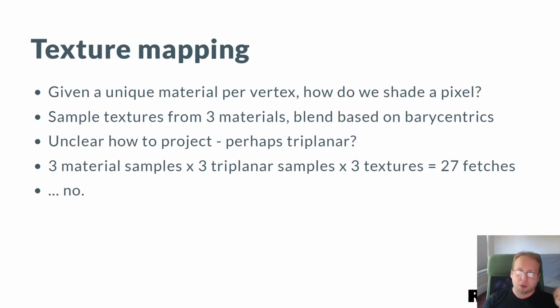Well, the classical way to do terrain texturing that avoids distortion is triplanar mapping, where you have 3 projection planes, XY, YZ, and XZ, and then you blend between all 3 of those using the normal. So then you have 3 samples from different materials, and then for each one you do 3 triplanar samples. And then, of course, this is not just albedo texture, there's also normal and roughness, and so you have 27 fetches. And even if you don't have normal and roughness, you still have 9 fetches, which is a lot for an iPad 2. So we do not do that.